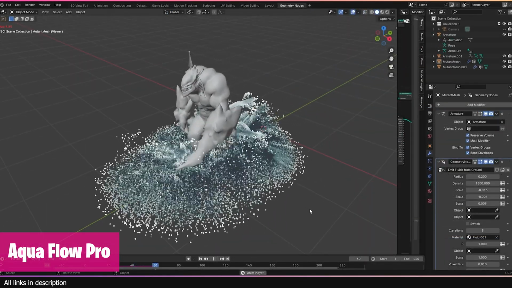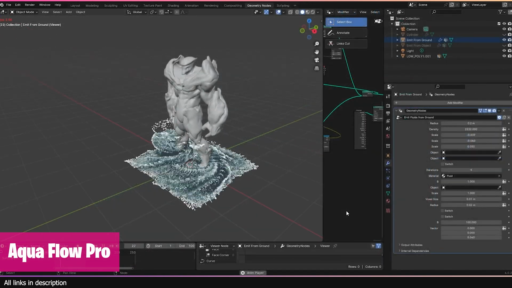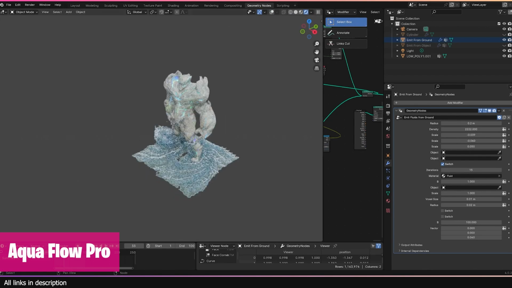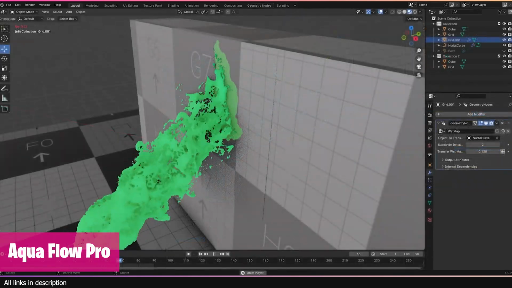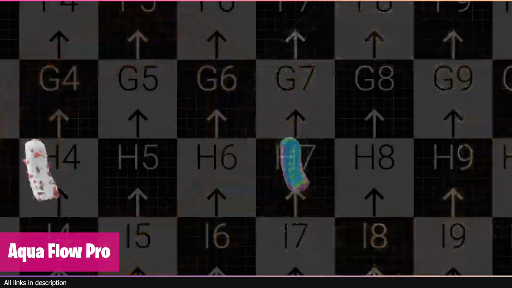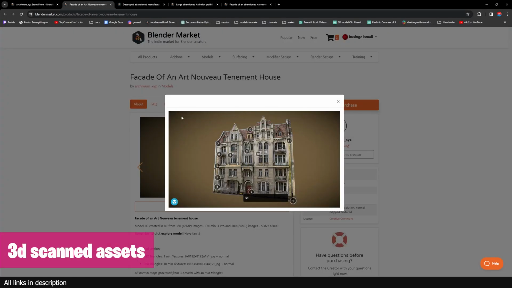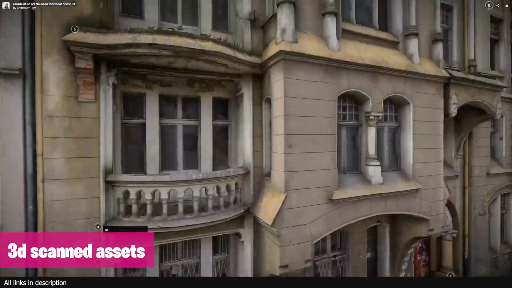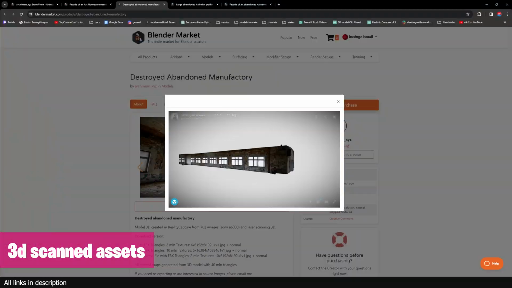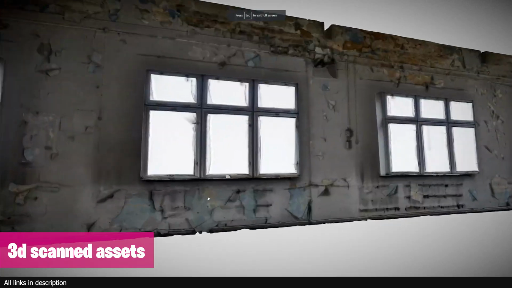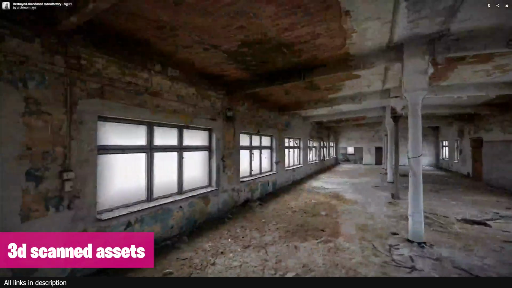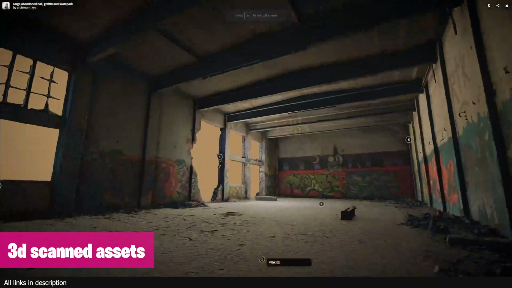dynamics in Blender. Aquaflow uses its own simulation solver to easily and quickly simulate detailed fluids in real time. The materials are set up for you, and you can even use curves to direct the fluids as a force. If you want hyper-detailed 3D scan buildings, you can find them on this page. The textures are well prepared and you really get something close to reality. Modeling this level of detail is nearly impossible, so if you want that, having a library of these 3D scanned